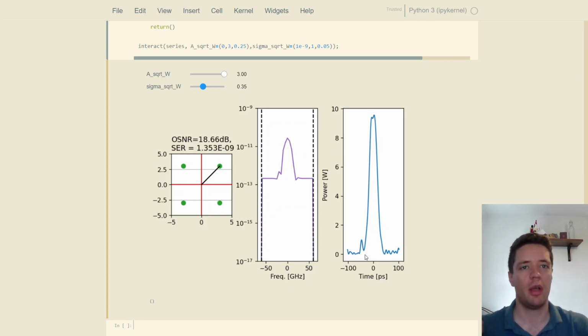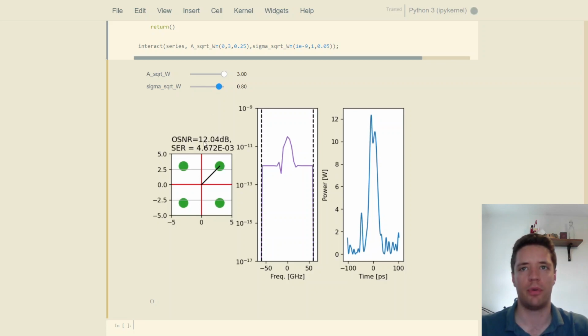You can see that the pulse is still pretty clean. You can easily see that there's clearly a pulse going on here, but it also has a bit of fuzziness that could be the reason why we might make a mistake once in a while. But if we increase the noise a bit further, let's see what happens now. We're around an OSNR value of 10, and you can see we have around a 1 part in 100 chance of making a mistake, and that's when the